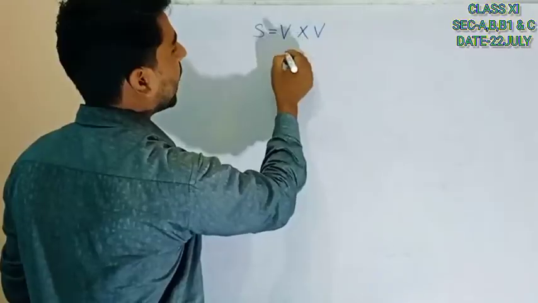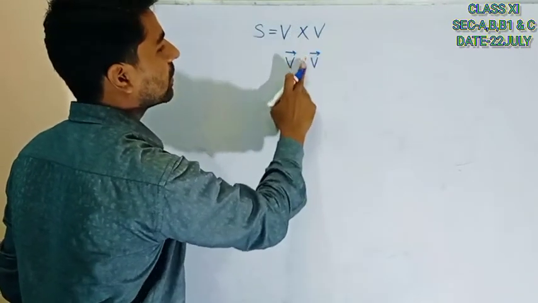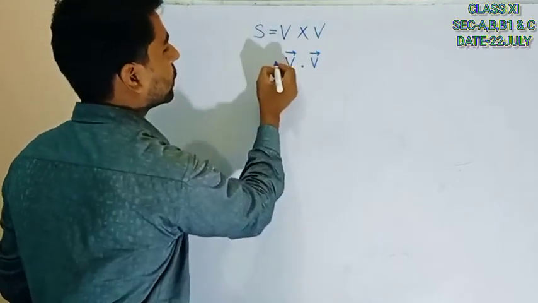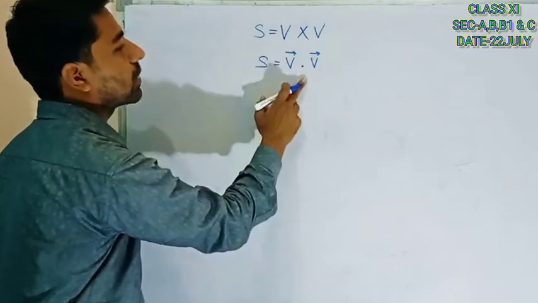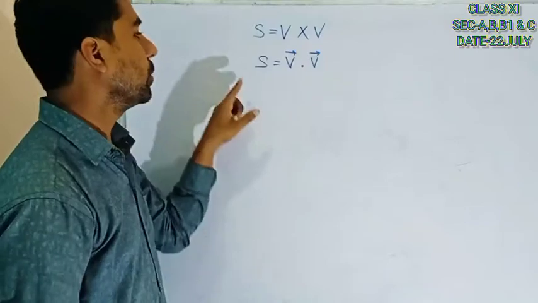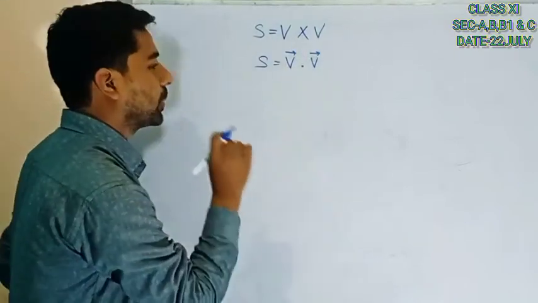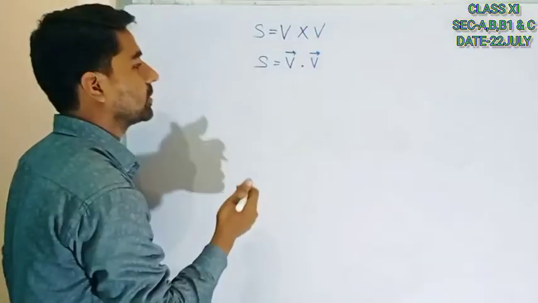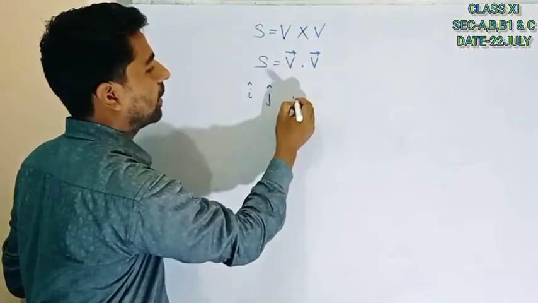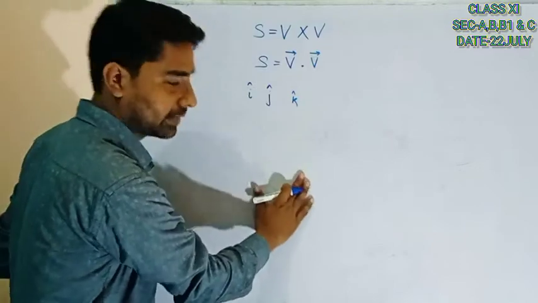But if we are going to put an arrowhead, then this cross and this dot matter. So here, if two vector quantities are being multiplied and the result is a scalar, then you will say this is the dot product. And in the dot product, the orthogonal unit vectors were i cap, j cap and k cap, correspondingly across the x axis, y axis and z axis.